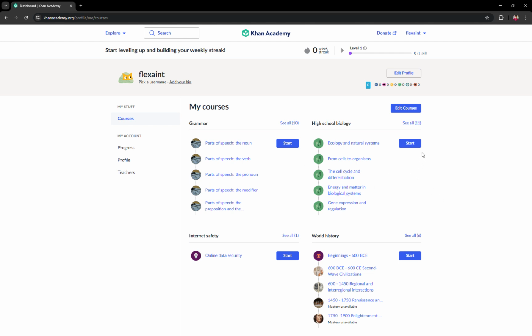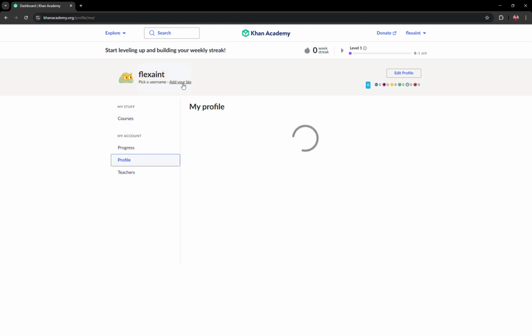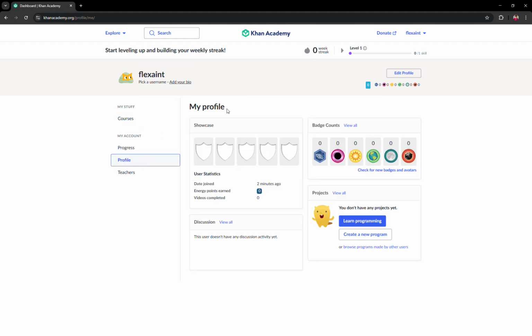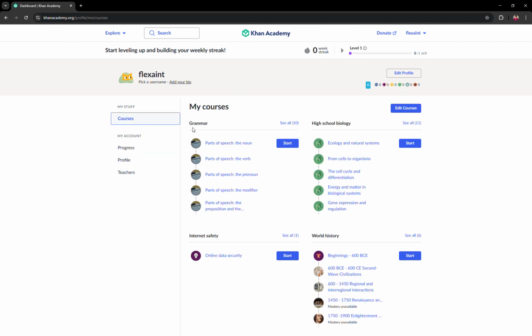So at the top, you'll see the navigation menu with sections like courses and search here, and your profile icon here. The left sidebar shows your selected courses and subjects. So you can see here.